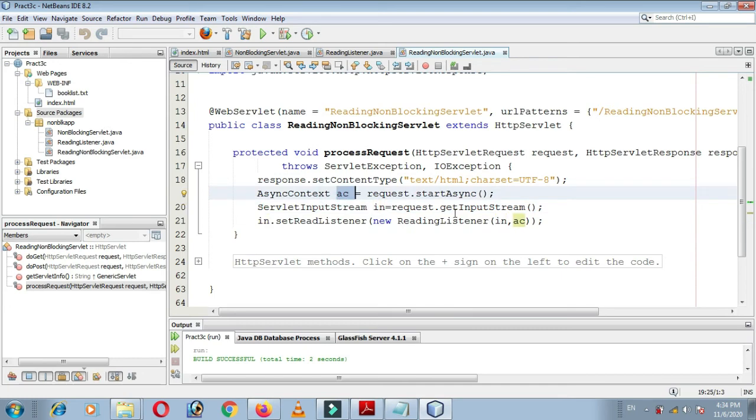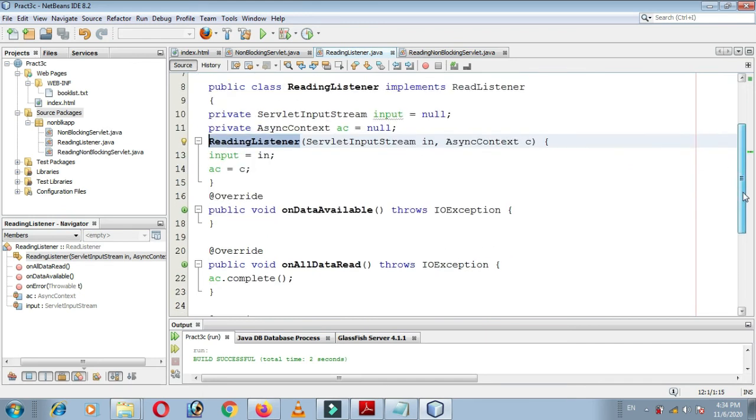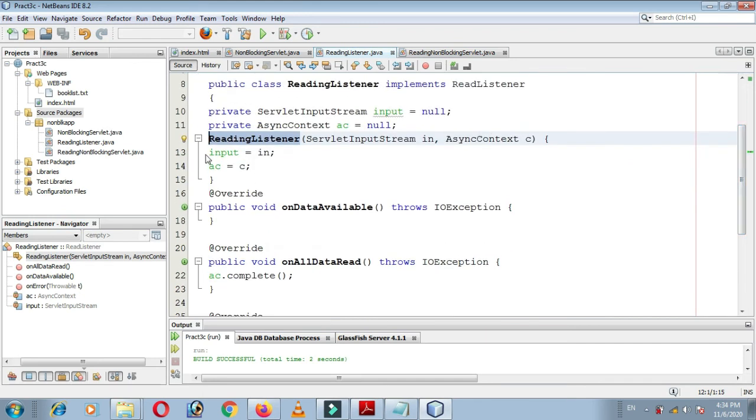So these two objects you can find here in the ReadingListener class constructor. So here we assign the in object that is obtained from this reading non-blocking servlet file, and assign it to the input variable, that is the class variable input, and then assign the AsyncContext object AC to the class variable AC. So here is the class variable AC.